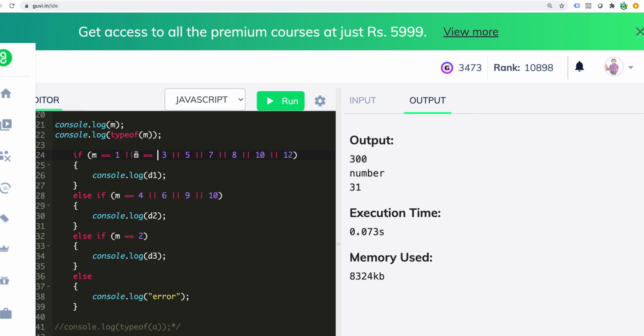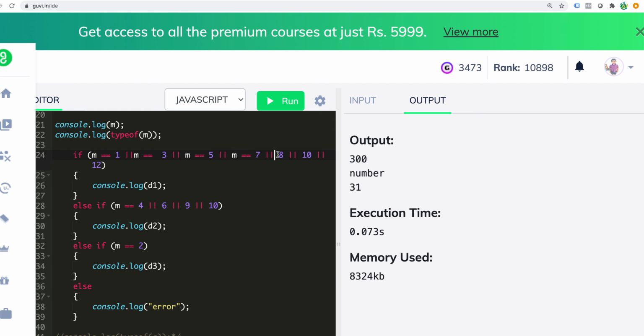So 1, 2, 3, 4, 5, and the last month we have to do the same way here also. So he has done it properly.